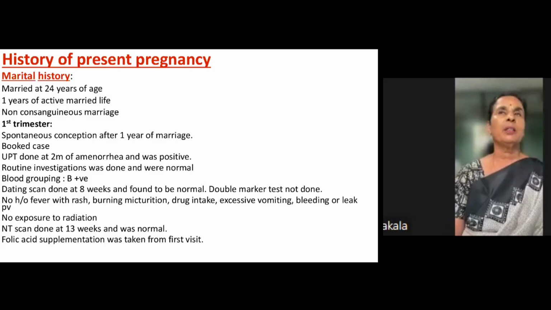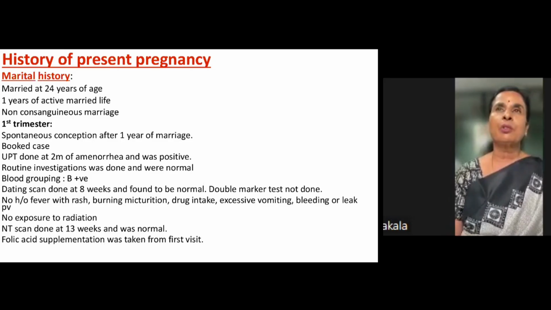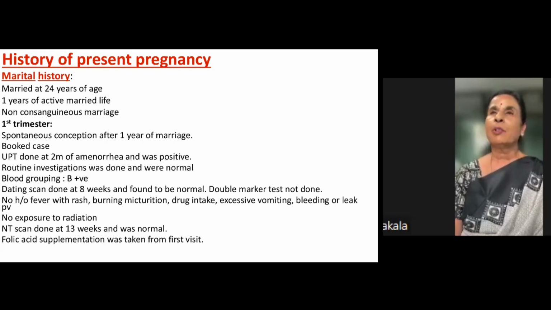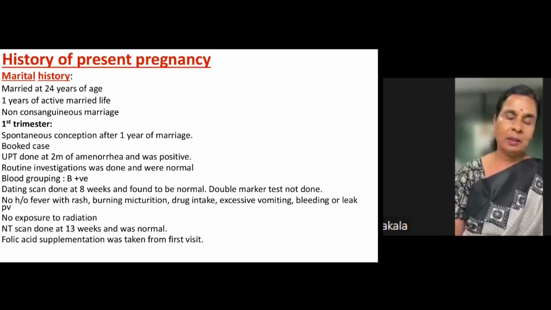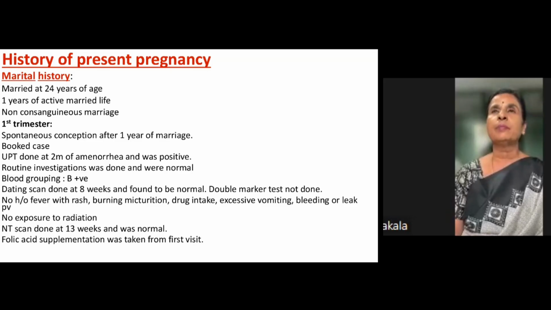Whenever you're suspecting GDM, what are the investigations you do other than OGCT? OGCT is indicated at the first visit itself, isn't it? Yes, sir. Other than OGCT, what are the other tests you can do to diagnose GDM? HbA1c should be done in the first visit. Yes. Fasting also you can do. Normally it should be 95 to 100 milligram. Yes. Then